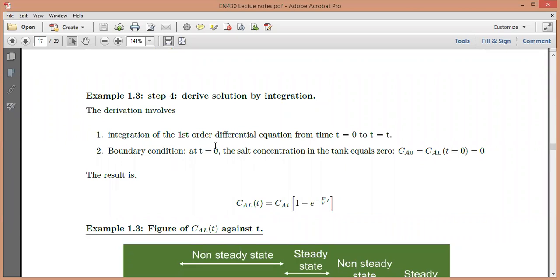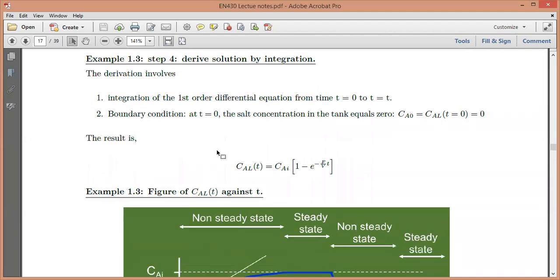using integration of the first order differential equation from time t is equal to 0 to t is equal to t. So you have to set the boundary conditions, t is equal to 0. We're told that the salt concentration in the tank equals 0, okay? Then at any time greater than 0, so where t is greater than 0, you have a concentration greater than 0. Okay, so CL is equal to CL, T is equal to 0, which is equal to 0, which is the